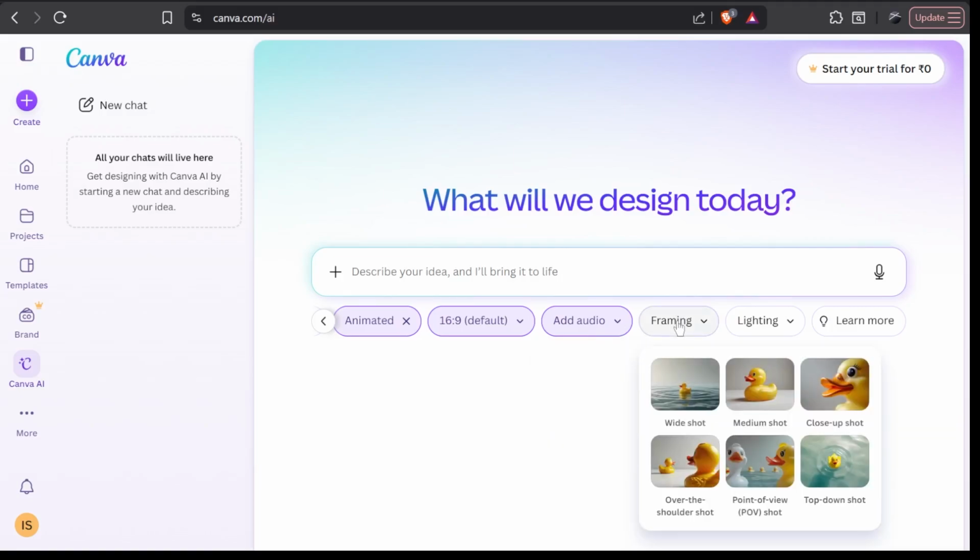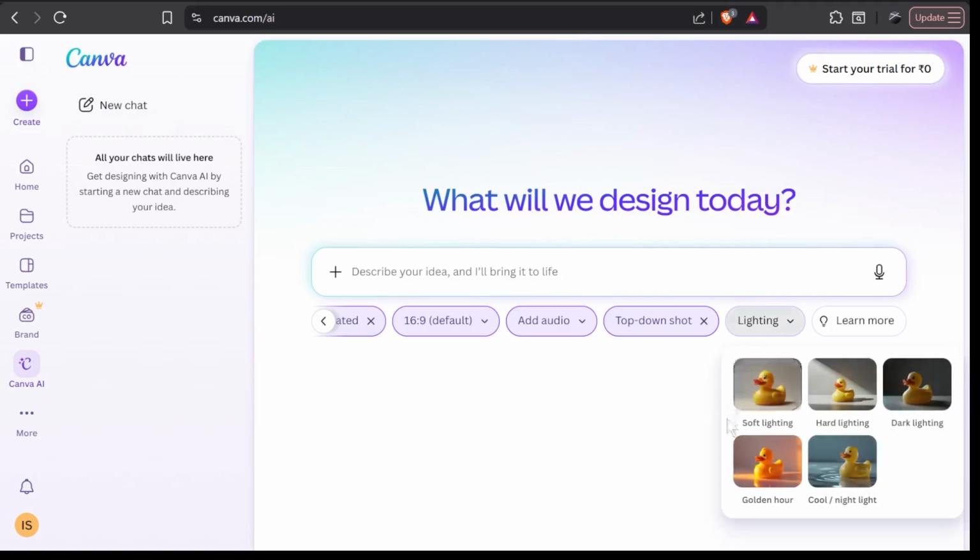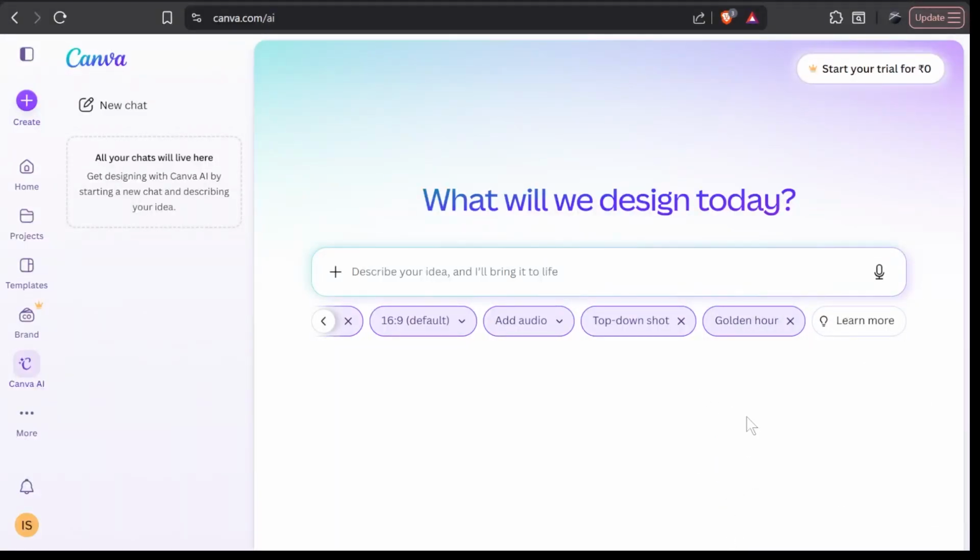And for the next option, we have got the framing of the video, like how the camera should be set up, whether you want a wide shot video clip, a close up, top down shot, POV shot, etc. So what I'm going to create is a top down shot, after which you have got the lighting option as well. So you have 4 to 5 different options. There's the soft lighting, there's hard light, dark lighting, meaning there's a source of light but the entire background would be dark, and there's the cool night light and the golden hour, which is the best out of all of them. So that's what I'm gonna select,